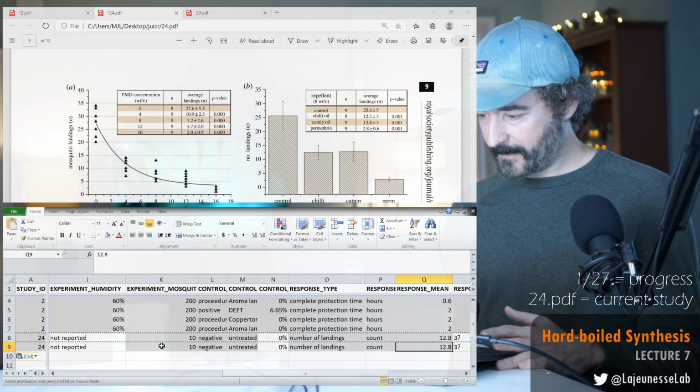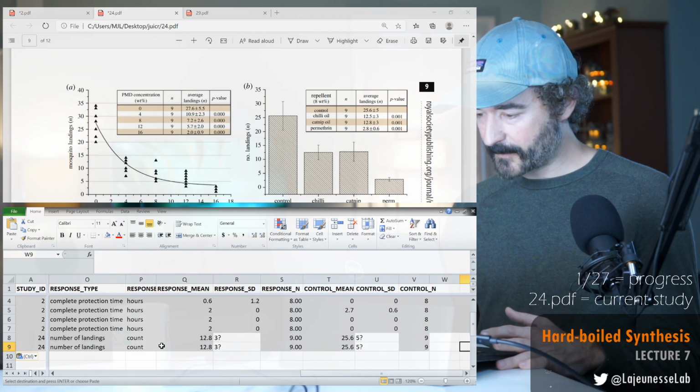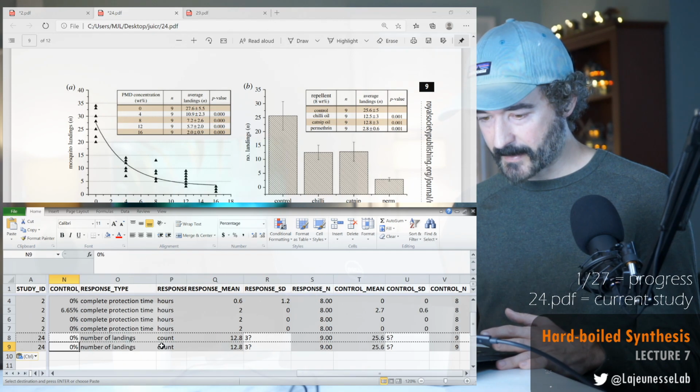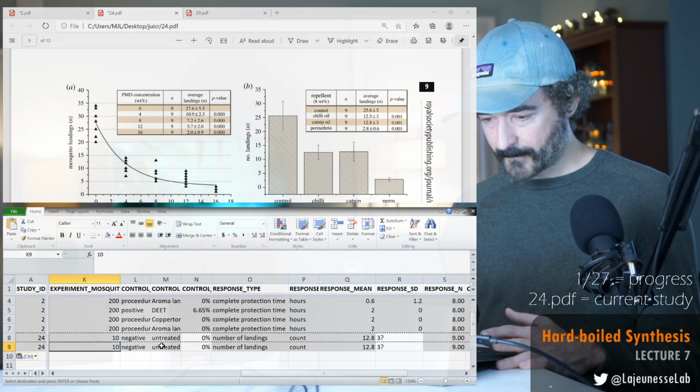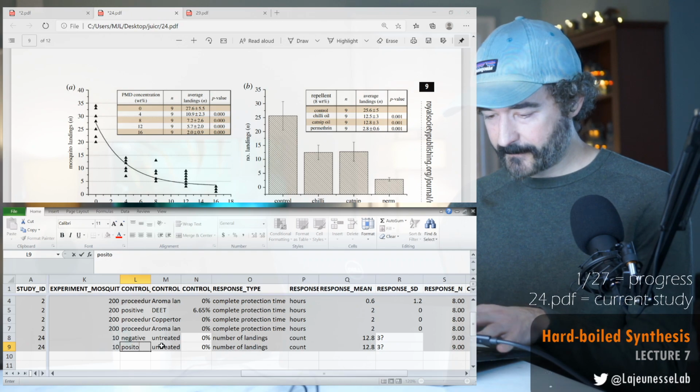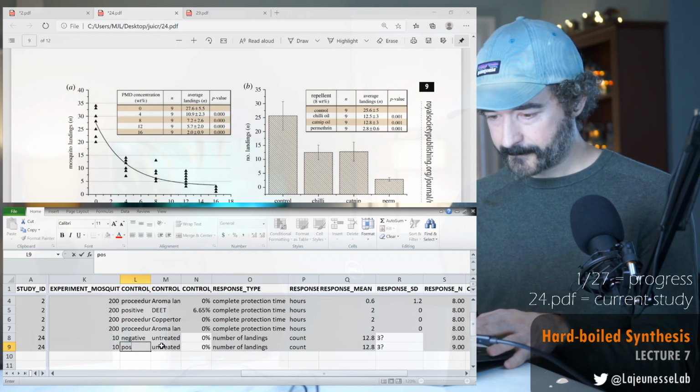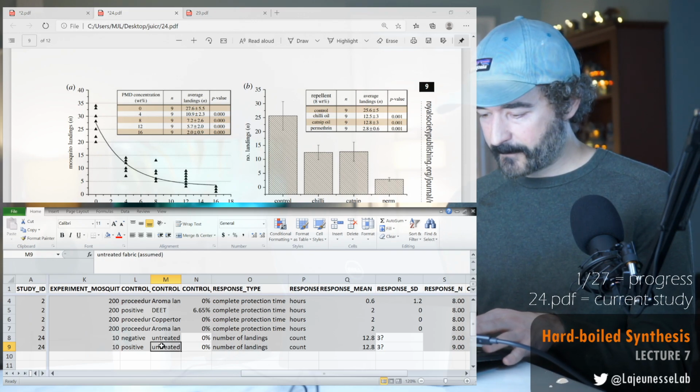We got the positive and the control group contrast. So we have a positive